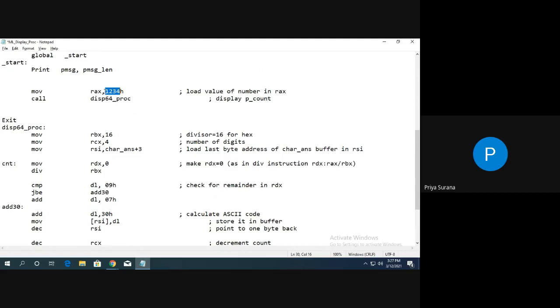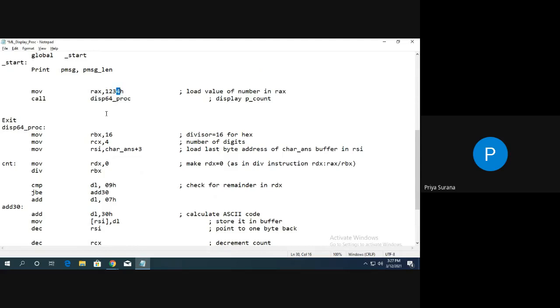So how to convert? You are supposed to separate out each digit. First, you take one digit and convert it into its ASCII hex. Then take the next digit and convert it into ASCII hex. Next, convert into ASCII hex. Next, convert into ASCII hex.